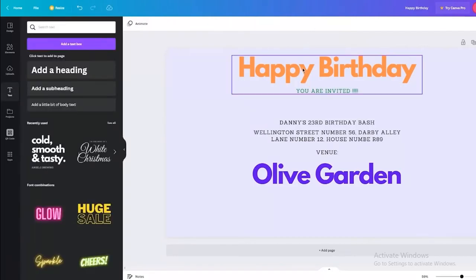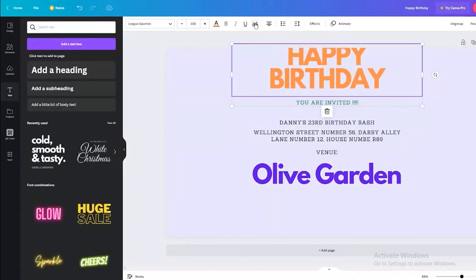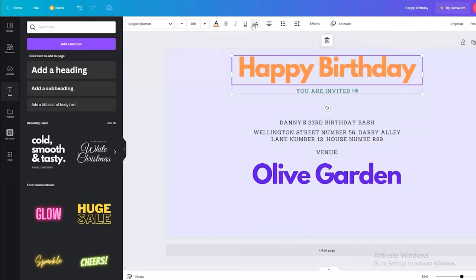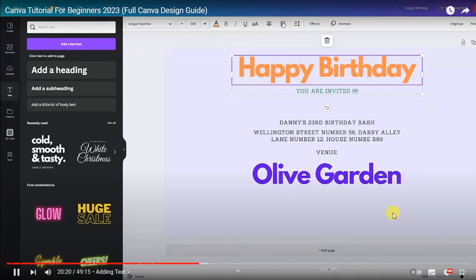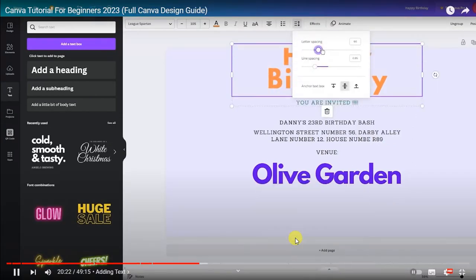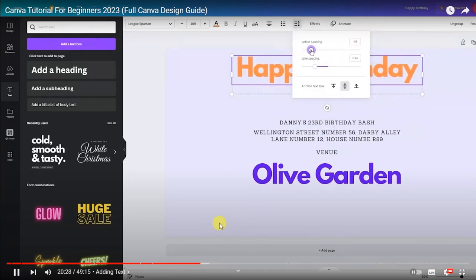You can also make this text, like if you want all caps or all small, you can also make it underlined like this. You can change the alignment as I just showed you, just like that. You can make it justified or middled. You can make it into bullet points if you want to. You can change the letter spacing by coming on this option right here. Like, look at that, just changes the letter spacing. You can also change the line spacing if like the text is